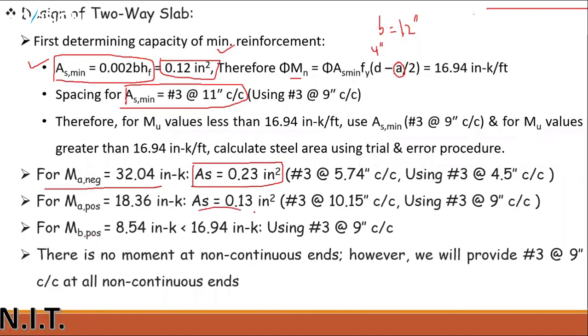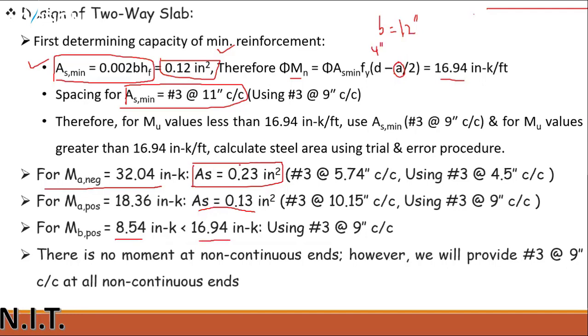So we have already calculated area of steel. I am not extending this numerical to a long length, but I have just calculated by those formulas which I have written on the board, and I have already shared the picture of this whiteboard on your WeChat group. You can see it and remind yourself of these formulas. Clear? And as I told you, if the moment value is less than this value 16.94, then we have to exactly use 16.94.